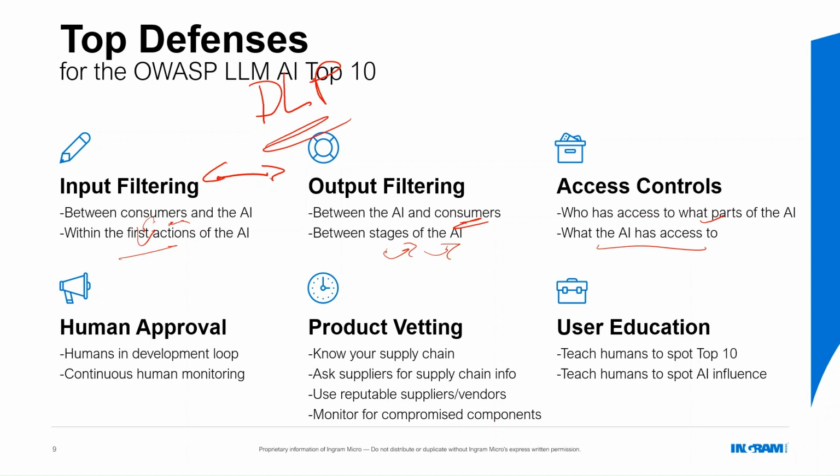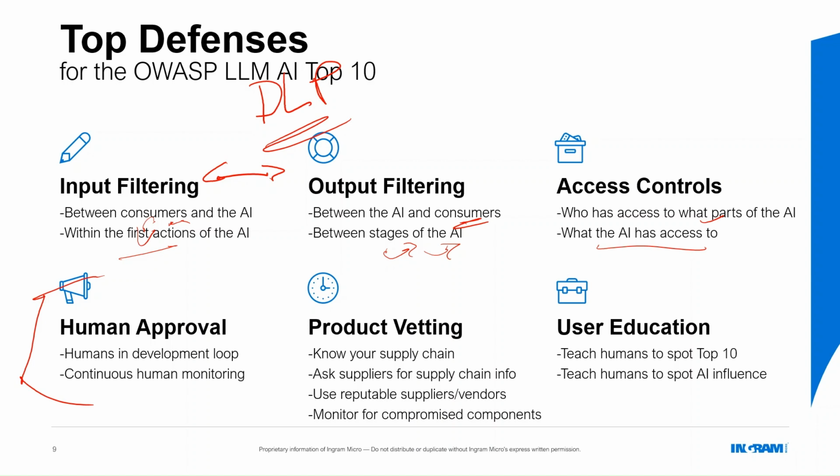Think about it like identity access management or privilege access management, but including things on the machine level and including for data. This one right here, human approval, is unfortunately not something you can get in a product. Human approval just means that there are people overlooking what the AI is doing on a relatively regular basis. This isn't a set it and forget it thing. There are humans looking in the development loop to say, have we introduced something bad?